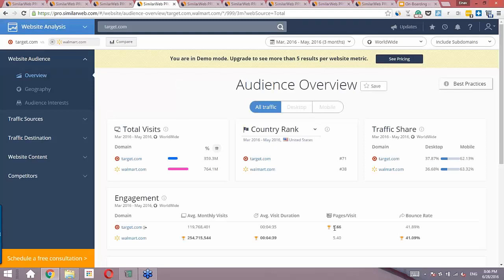So the first thing we notice in the total visit section is the difference in traffic between the 2 sites, which is very big. If we look at the traffic share section, we see the desktop versus mobile breakdown. And we see that the sites are similar in that they each have approximately a 40-60 split between desktop and